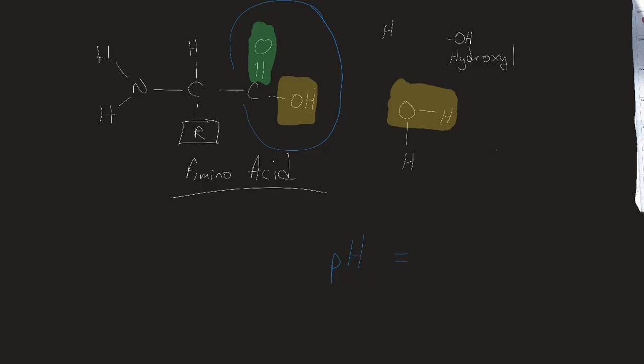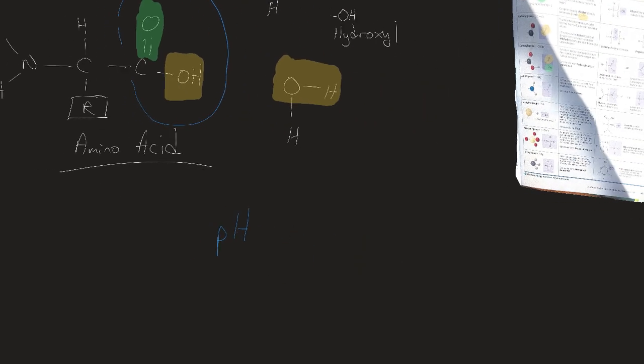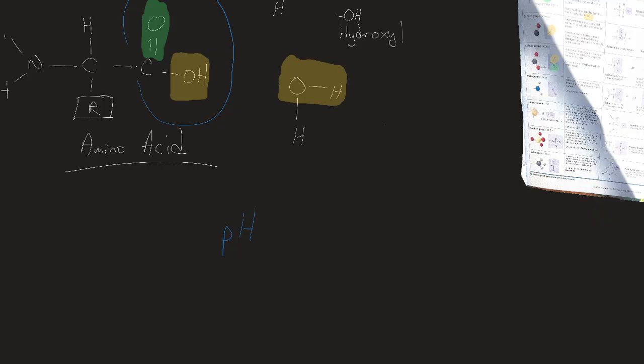So pH is a range that can go anywhere from neutral at 7 to acid when it's very low, let's say 1, so you can technically go to 0, but let's just go ahead and put 0